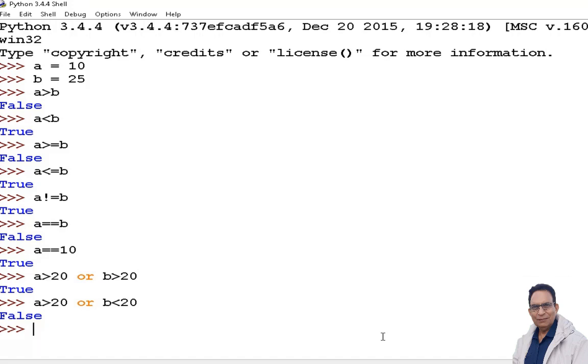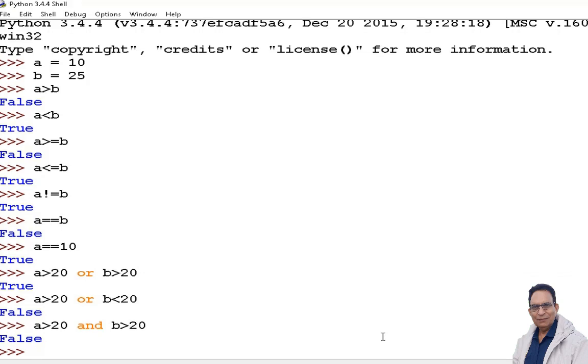I write a is greater than 20 and b is greater than 20. Answer to that is false. In case of OR, any one of the two or any of many given statements must be true to get the answer true.